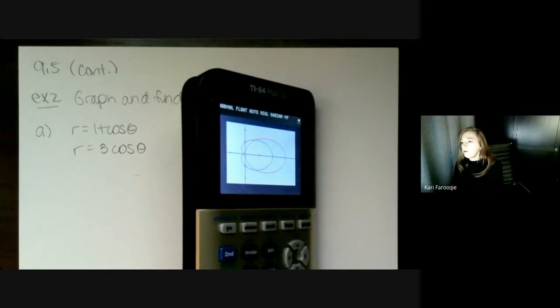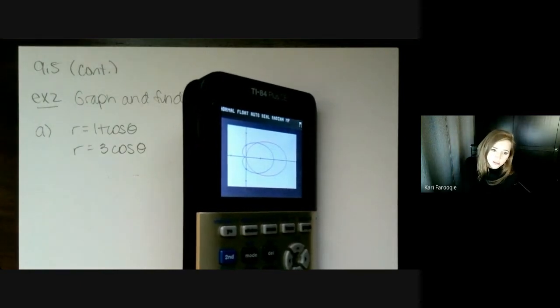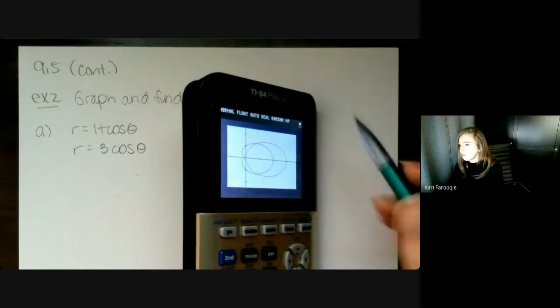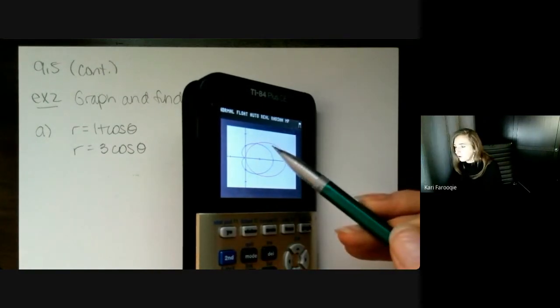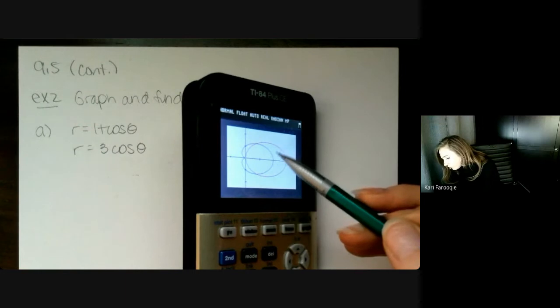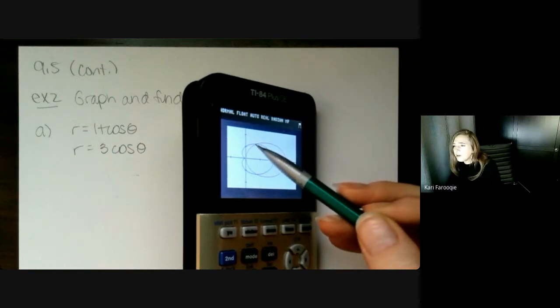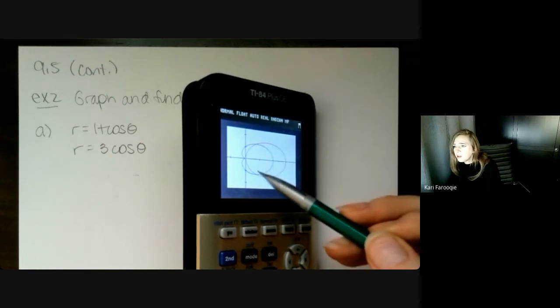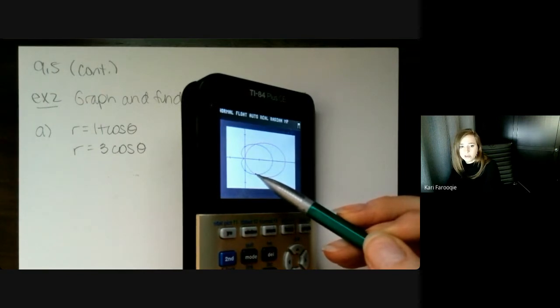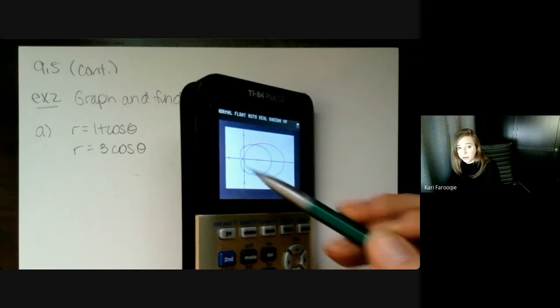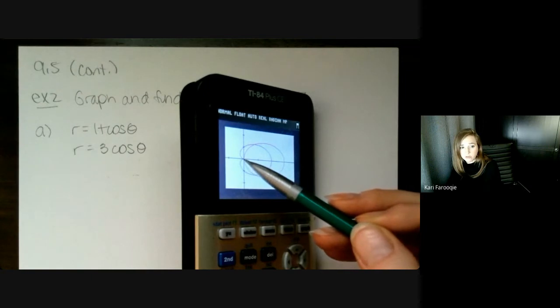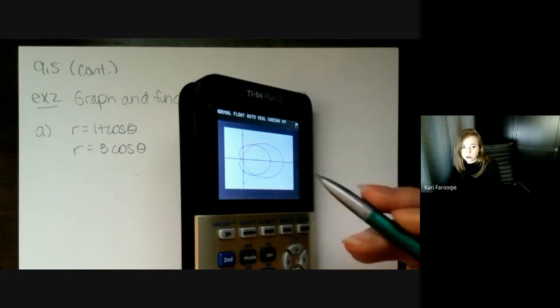Okay, so this is what you're looking at. So when we're finding intersection points, we're going to be looking for some values that are going to pop out of our equations. We're looking at an intersection point here, and we're looking at an intersection point down here. Now, sometimes you'll end up with an additional intersection point that doesn't pop out. So you might need to check your graph to verify that, because something like 0, 0 doesn't always come out in your equations. So usually it's a good idea to check your graph just to verify.